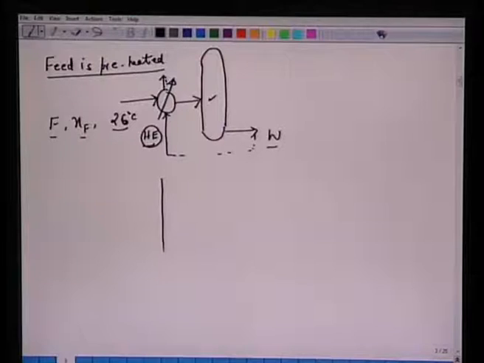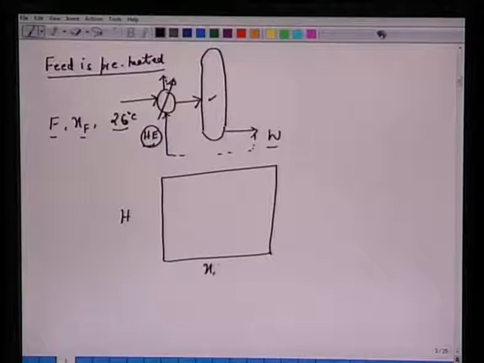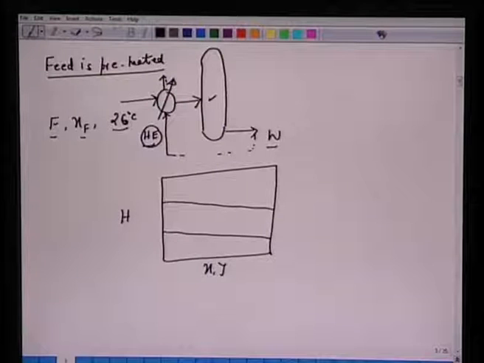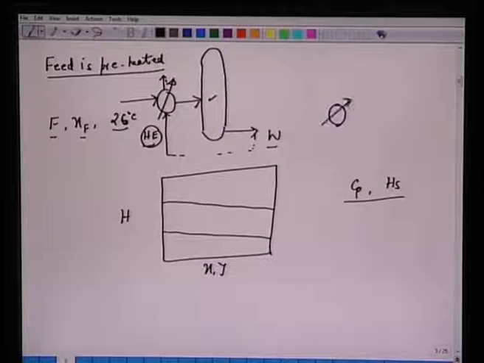All right, so one has to go back and recall this Hxy diagram. In all these cases, Hxy diagrams are typically known, or one has to construct them from the knowledge of specific heat or heat of solutions, the discussion which we had in the first few lectures. The more important thing to realize here is that this bottom product comes out of a boiler. This is the boiler in which the bottom product W goes out, and part of this vapor goes back to the distillation column.